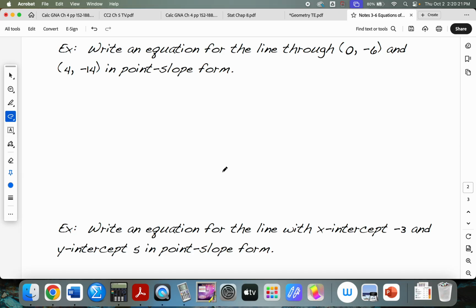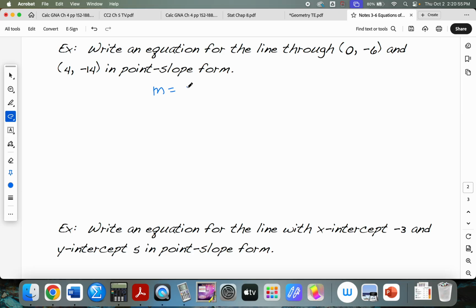Now, occasionally, it won't be as straightforward. Take this one. Write an equation for the line through the points 0, -6 and 4, -14 in point slope form. They didn't really have to tell you the point slope form. What are we missing here? The slope. But didn't we just do an assignment the last couple of nights where we found the slope? Yeah. So the slope